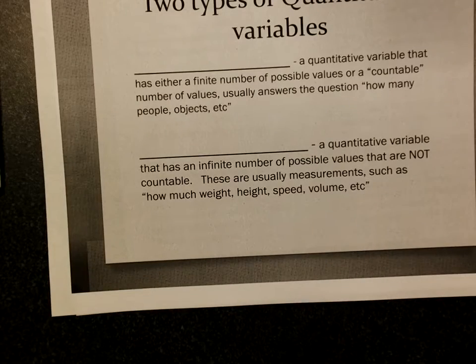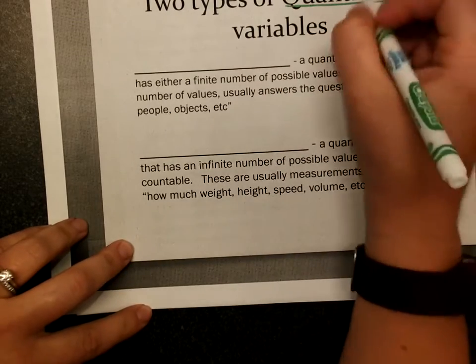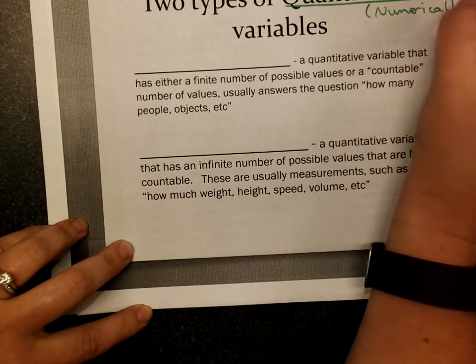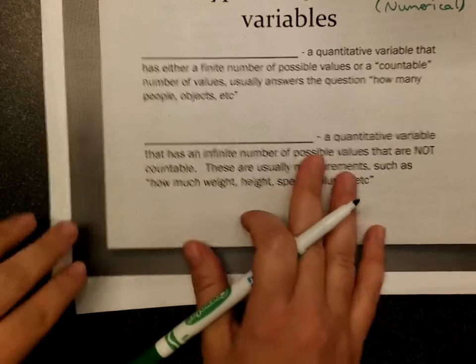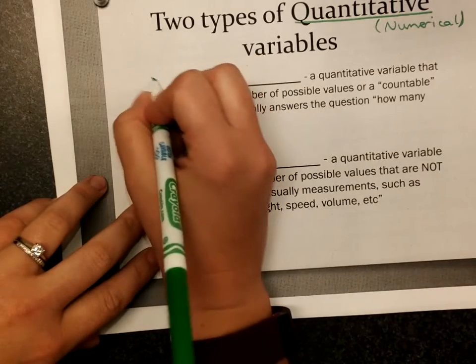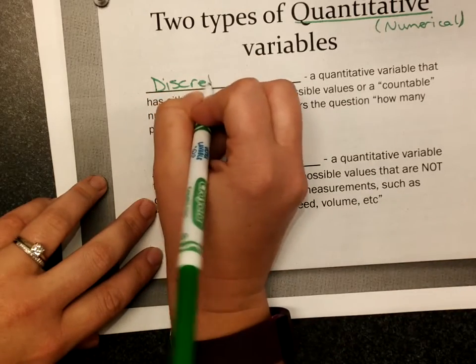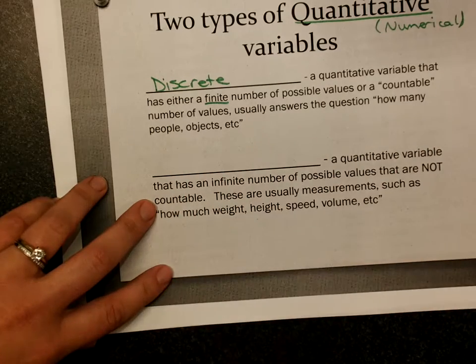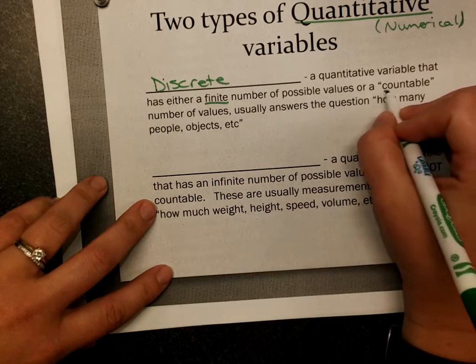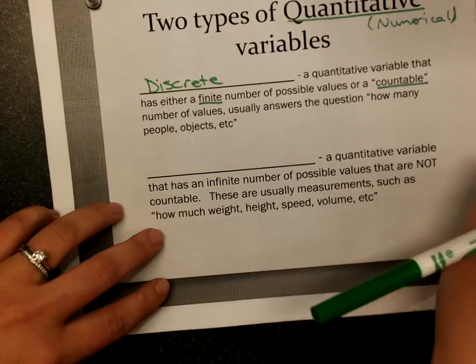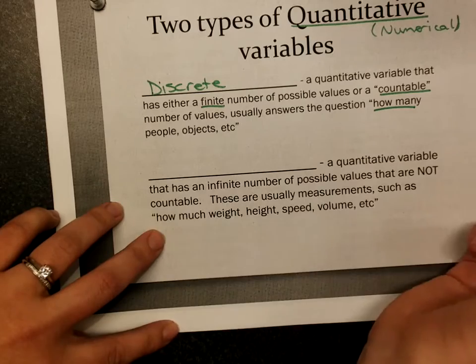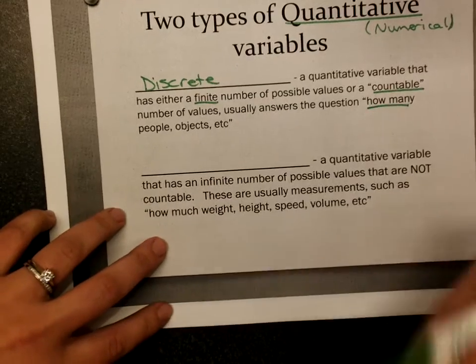Finally, we have two types of quantitative variables. So quantitative variables, or numerical variables, have two different types. The first one is called discrete. These are quantitative variables that have a finite number of possible values, or what the book calls a countable number of values. It usually answers the question, how many? How many people, how many objects, how many shoes, how many whatever. So it's a countable